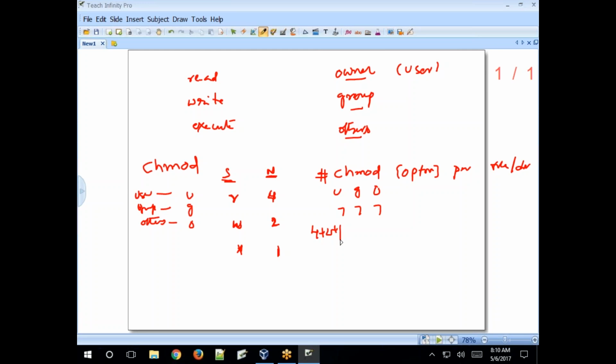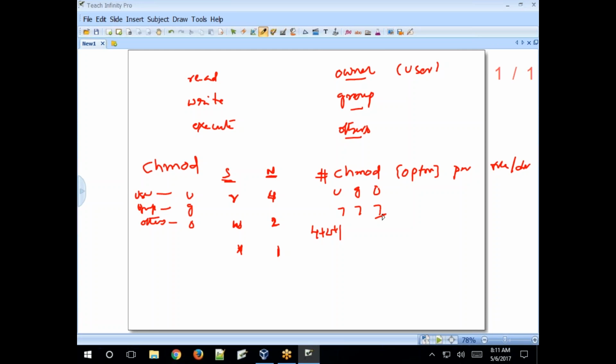If you set 7 permissions on group, then the users belonging to the same group have complete access: read, write, execute. If you set 7, complete access, on others, then everyone, not only the user and group people, can access. Everyone can read, write data into it, modify, and even delete, because you allowed complete access for others. So 7 means full access.